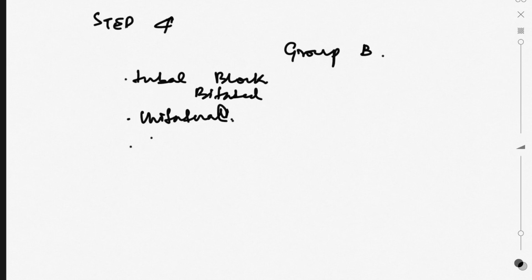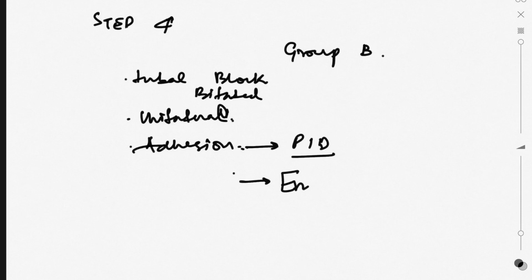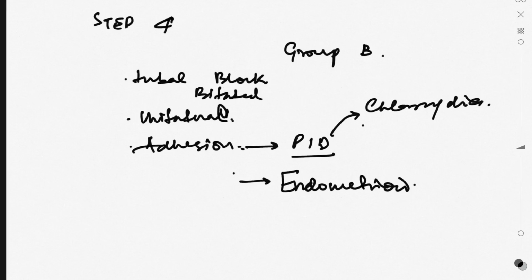pelvic pathology like adhesions. Things are stuck together, they are glued together, tubes, ovaries, uterus, and that is why the patient is not getting pregnant. And the adhesions can be due to pelvic inflammatory disease, long-standing pelvic inflammatory disease. It can also be a very common condition known as endometriosis. In pelvic inflammatory disease, the commonest cause of adhesions in our country is chlamydia, whereas in the rest of the world it is gonococcus,